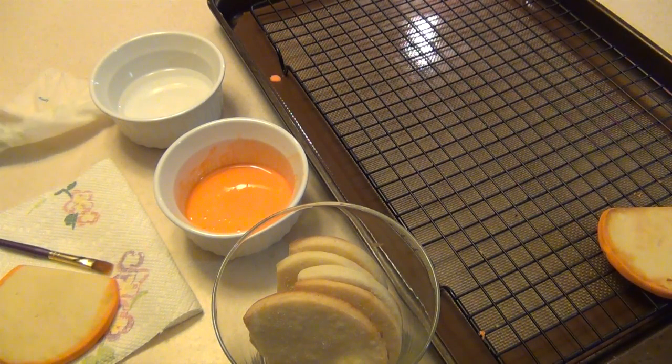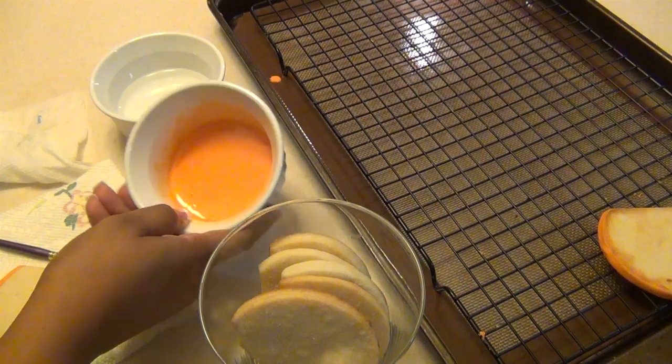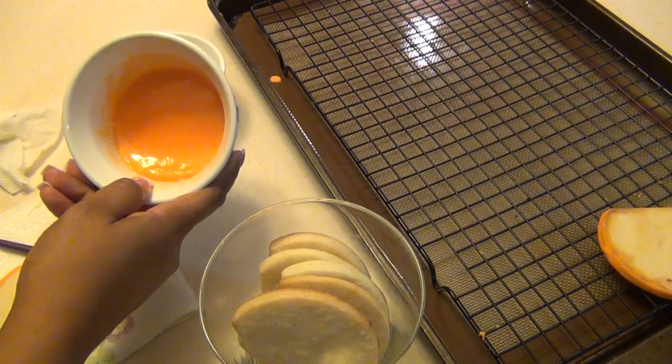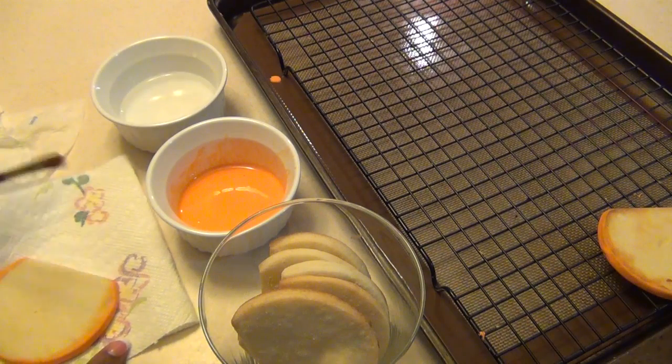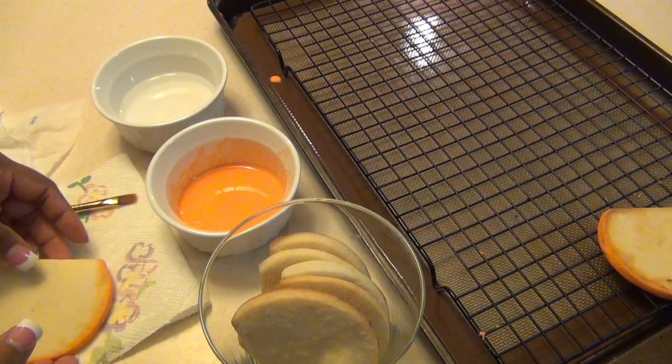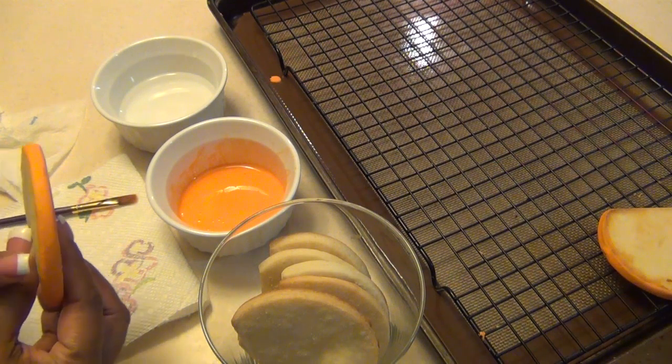So I'm ready to start decorating my cookies. I have my baked cookies here. I have some royal icing that is like flood consistency, and I have got a cup of water here. I have a brush, and what I'm going to do is I'm going to dip my cookie